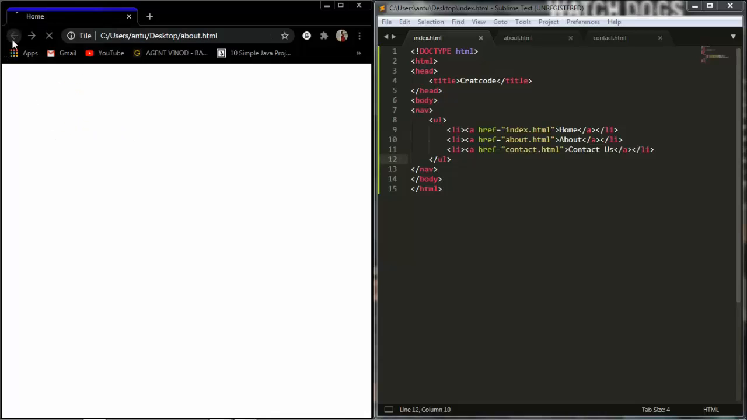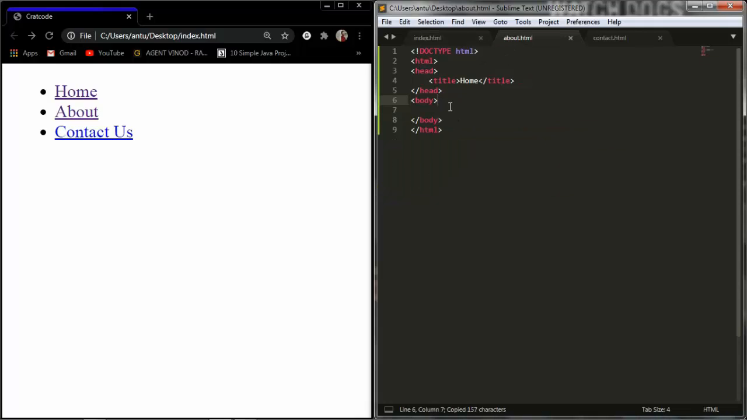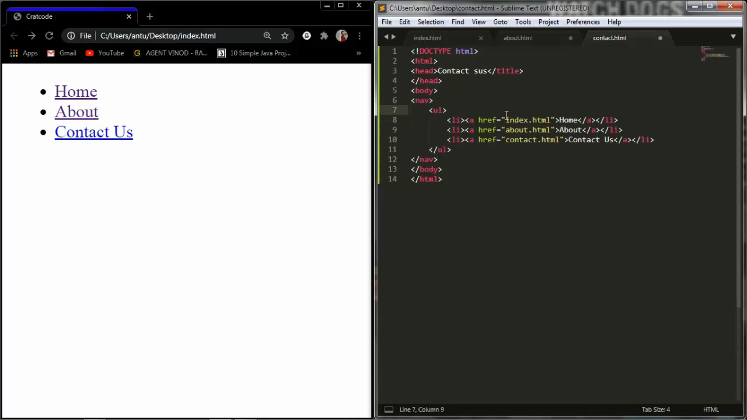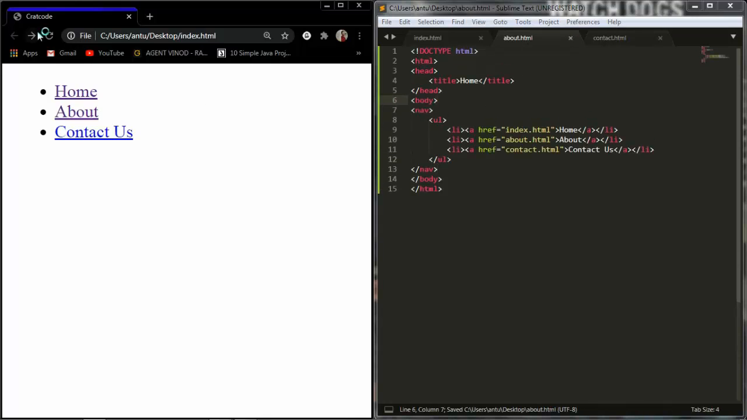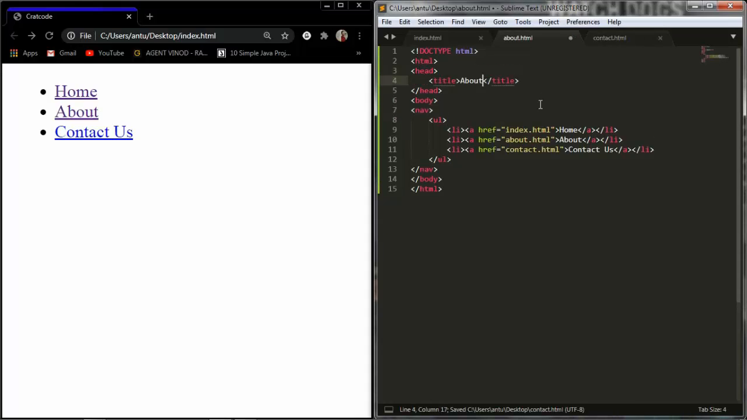Now if I click home, it shows Cratcode. If I click about, it links to something, but I cannot say it because I have to add these tags in all these documents. So just paste it here and here, save this document, reload this document. And I want to show you that in the title of about, I have to write about. In the title of contact, I have to write contact us. Okay, save it,